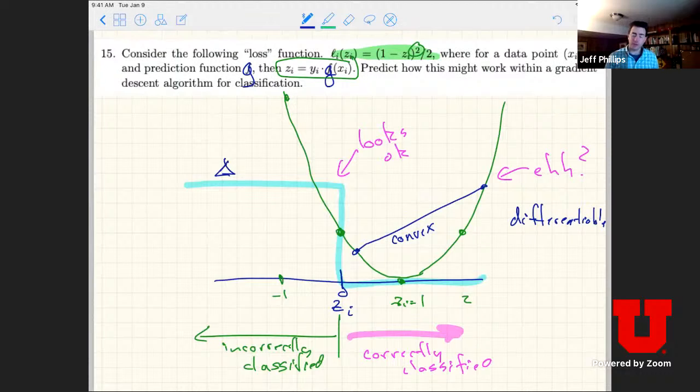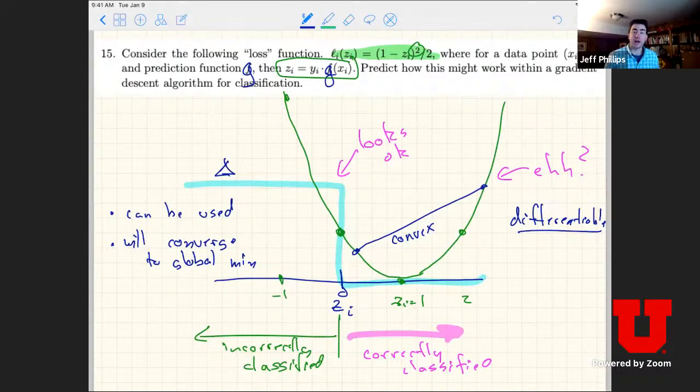So it's going to converge. It can be used because it's differentiable, and it will converge to a global min because it's a convex function,